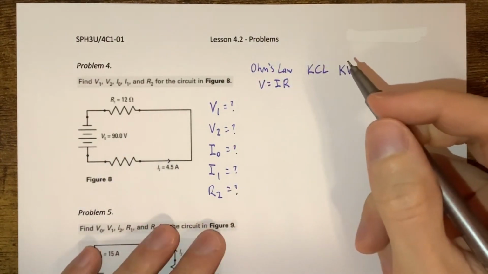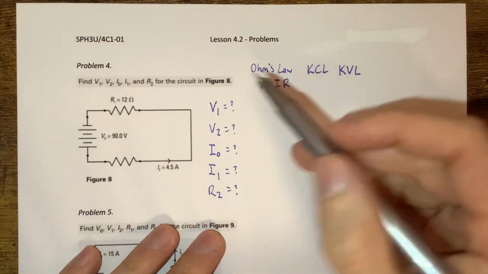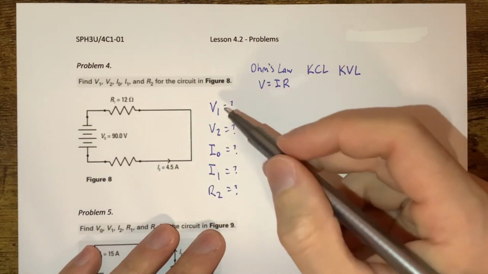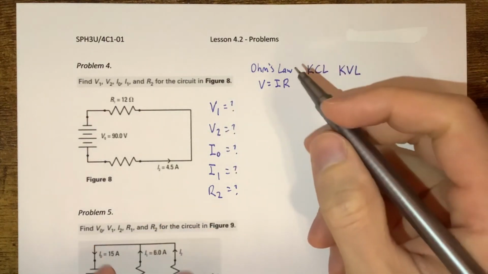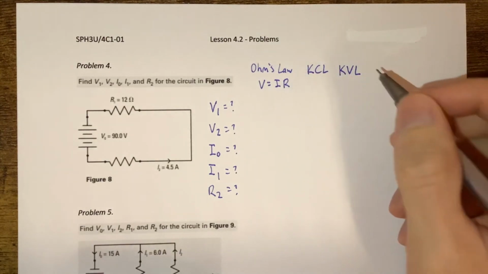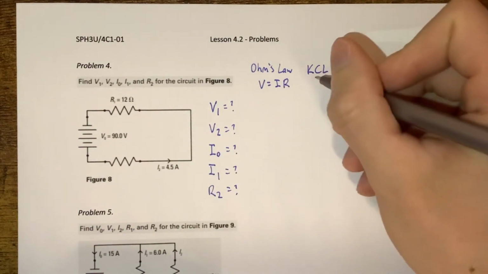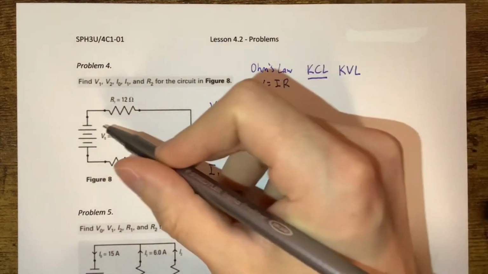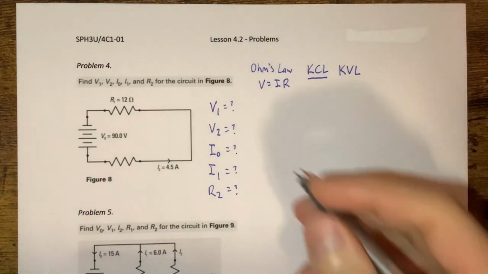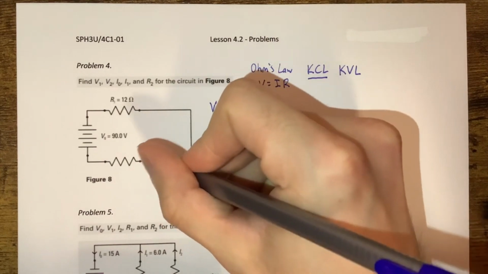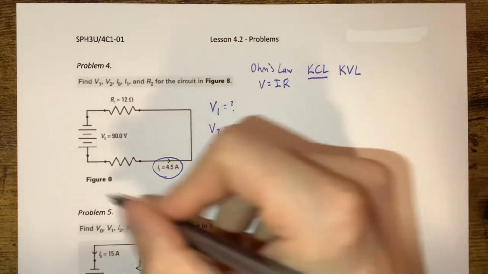When you're dealing with problems like this, you want to just break it down into little tiny pieces. Okay, just consider the stuff you have, and then just try to systematically eliminate what you don't have when we find these. Okay, so like I said, with Kirchhoff's current law, we're dealing with a series circuit here. So his law states that the current has to be the same in this closed loop here. So if that's the case, if we have I2 equals 4.5 amps, that's going to be the same throughout the